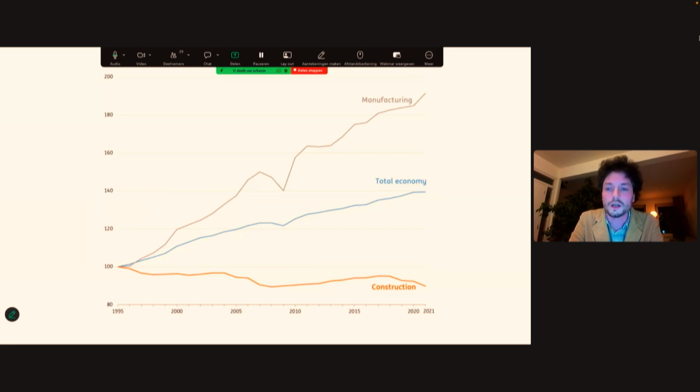What you see here is basically the growth of the total economy and manufacturing, so this is kind of the efficiency of different sectors. You can see that manufacturing is more productive than 25 years ago, and even more productive than the total economy, while construction basically gets less productive every year.